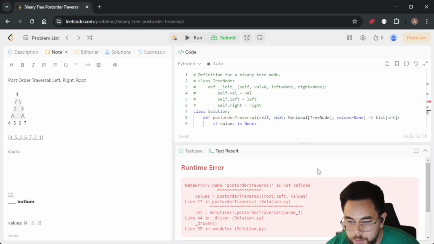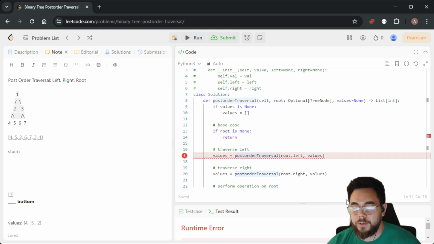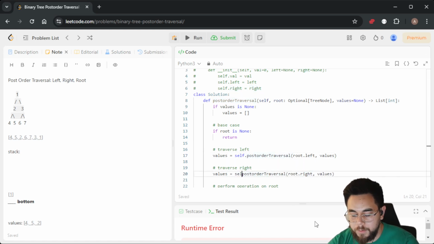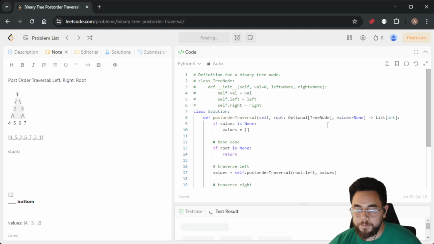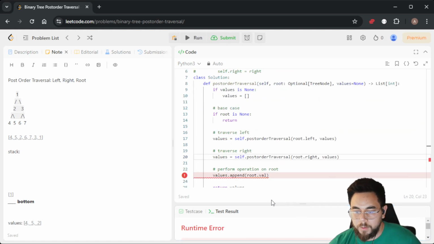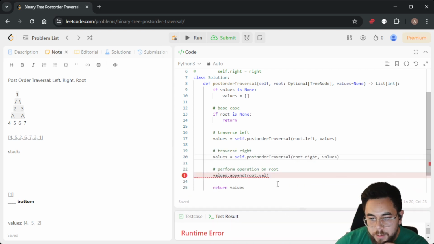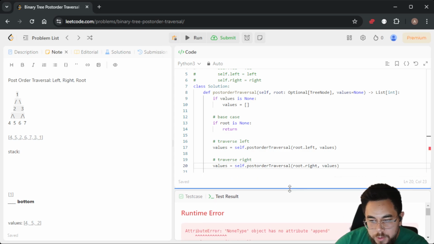Uh-oh. Post-order traversal is not defined. Oh, of course. Yeah, this is a method here. Self.postorder traversal. Runtime error. Values.append root.val. NoneType object has no attribute append. Okay, values should be